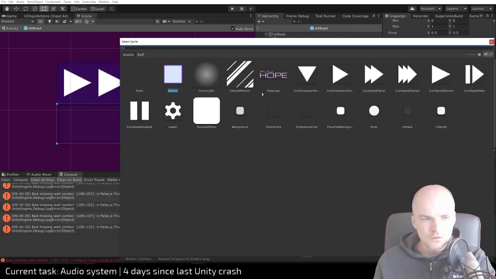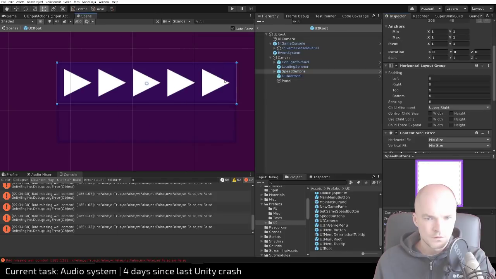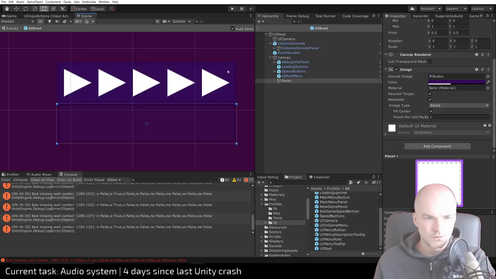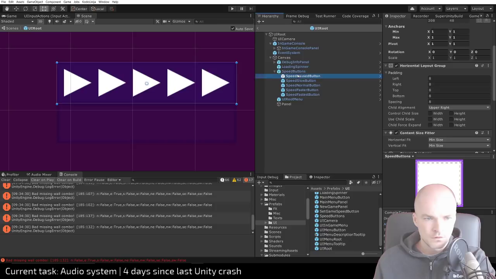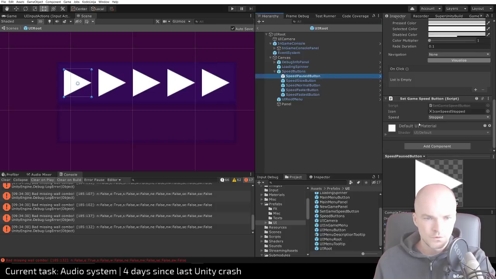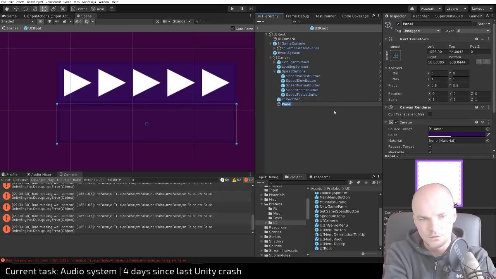Source image is not going to be button. Oh wait, it is button. Button, color. Why do these look different? Is it because each button has its own background somewhere? No, I don't think so. Anyway, just going to make this into